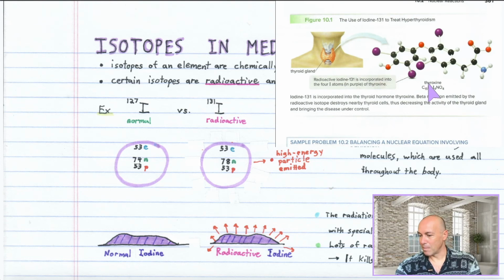The main one is called thyroxine, and you can see a model of thyroxine. It contains 4 iodine atoms. You can see the big purple iodine atoms. And this hormone molecule,